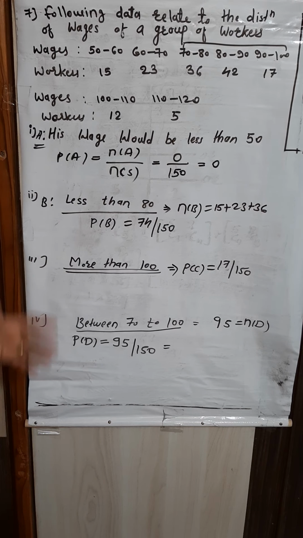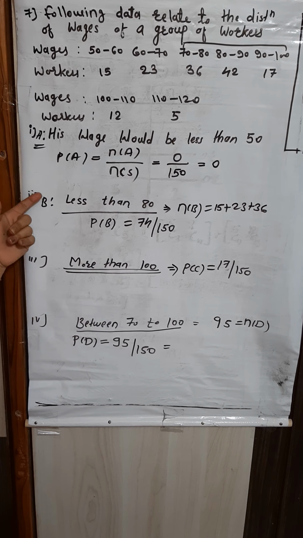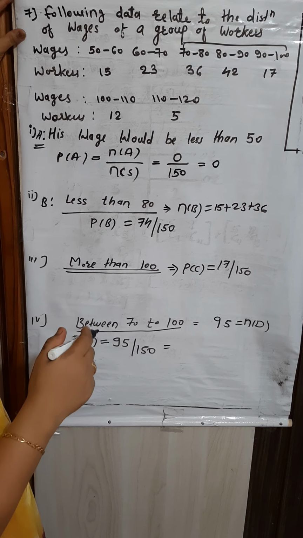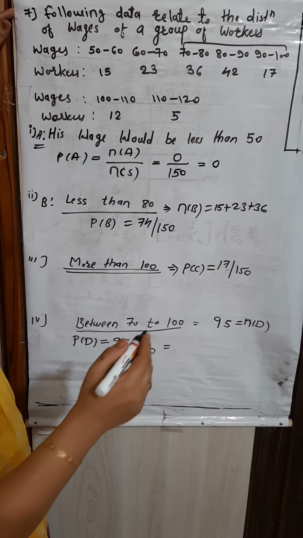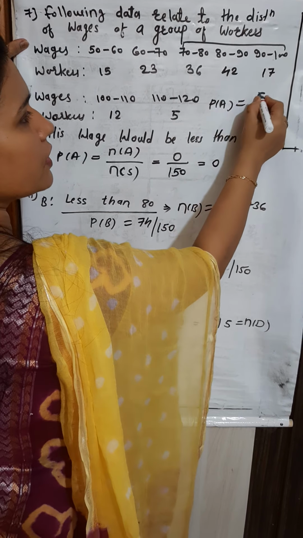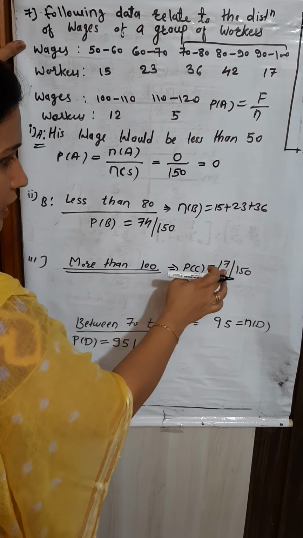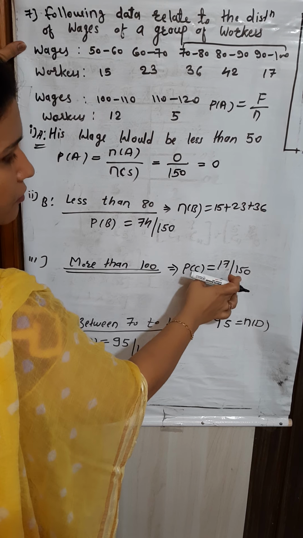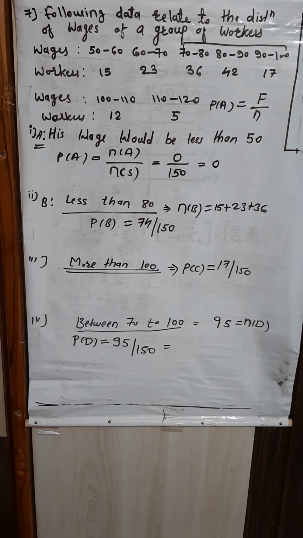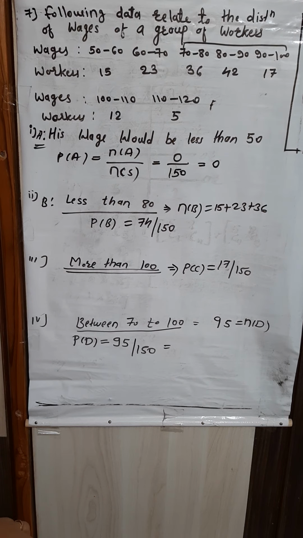So if distribution type data is given to you, at that time also you can find the probability. This example is of the relative frequency probability definition, which I have explained to you as definition number 2, right? Where the formula was probability of A is frequency by n. Here n means the total number of observations, right? So this is relative frequency probability. Okay. Now we'll go for question number 8.